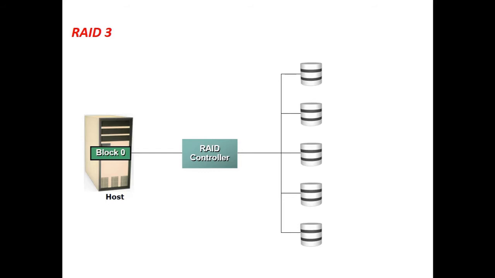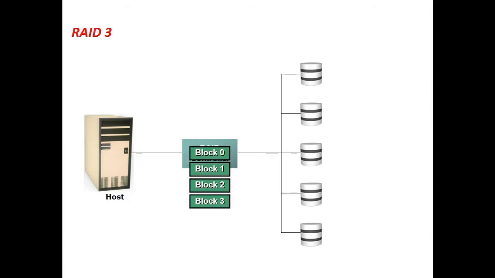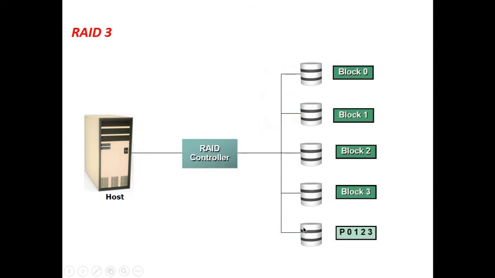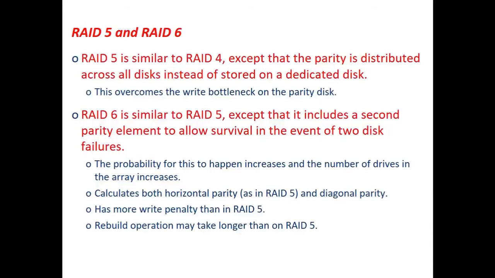A block of data will be sent from the host to be stored in the storage system. The RAID controller will stripe this data and store it across the different hard disk drives. It first computes the parity, stores this stripe of data in the hard disk drives, and stores the parity value that is generated in the dedicated parity disk. Parity is now computed and the parity value is stored here. The entire stripe of data will be stored in these hard disk drives. This is a dedicated disk that is meant for storing the parity value or the parity information.